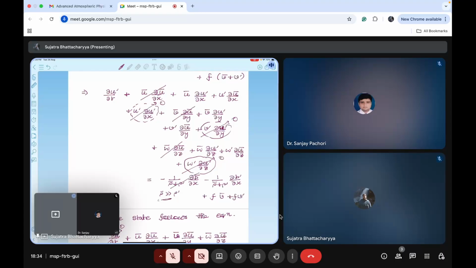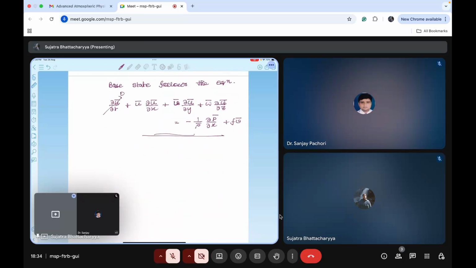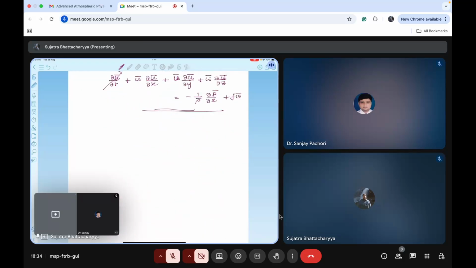So this can be chopped out and FB bar can be chopped out. So what you get finally is this delta U dash by delta t. After all these assumptions, we are getting this U bar delta U dash by delta x plus U dash delta U bar by delta x plus V bar delta U dash by delta y plus V dash delta U bar by delta y plus similarly W bar delta U dash by delta z plus